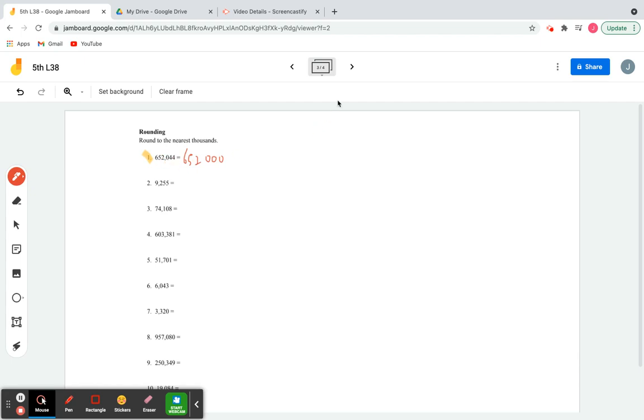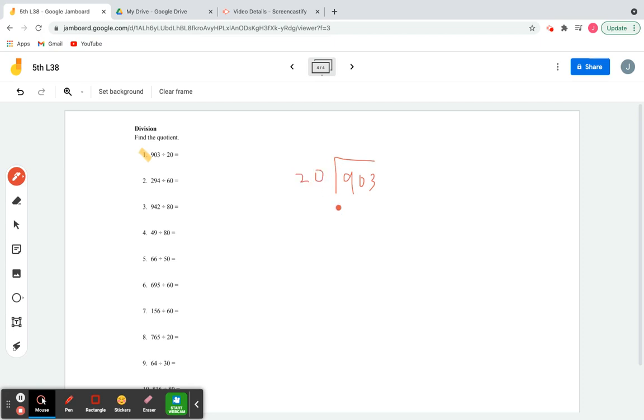Okay. And let's move on to the last page, which is division. So we are finding the quotient. So let's work on number 1. We have 903 divided by 20. So 20 goes into 90 first, and we're going to get 4 because 20 times 4 is 80, and then 20 times 5 is 100, which is bigger than 90. So we just write 80 here, and then we subtract it, and we get 10, and then 3 comes down,